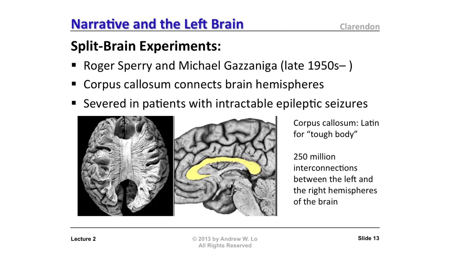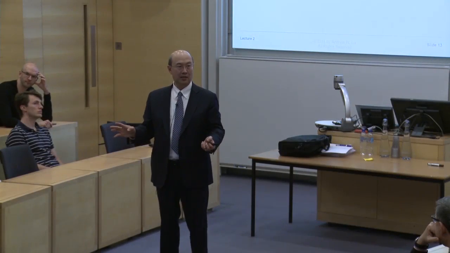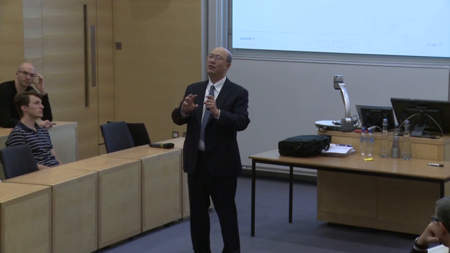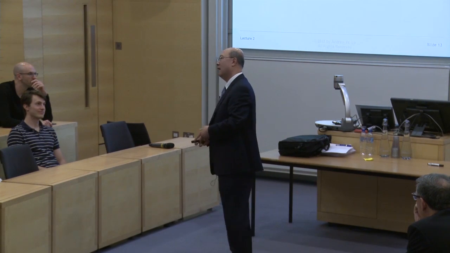Epileptic patients that have intractable epilepsy, it turns out when you cut the corpus callosum and you disconnect the left and right hemispheres, that somehow reduces these electrical brainstorms and it eliminates their seizures completely. So after that, they can actually lead a pretty normal life. It's one of these things, I don't know how they figured it out the first time and who they got to actually experiment with, but whoever that person is should be sainted, because for all of the patients afterwards, it was an incredible godsend.